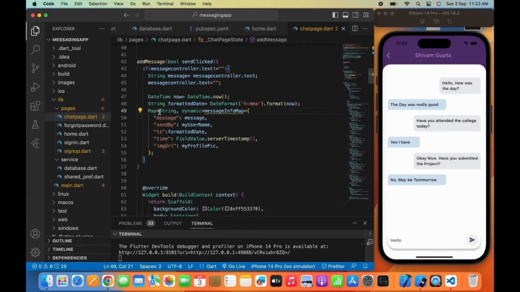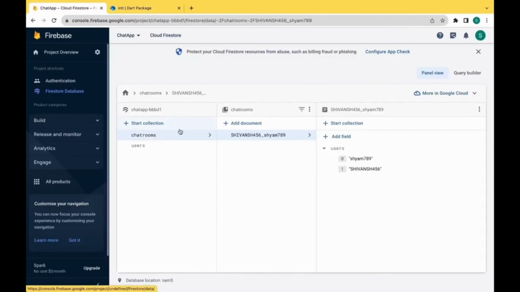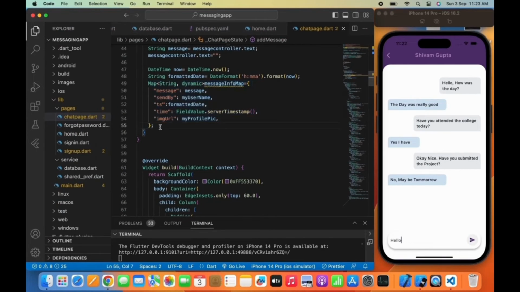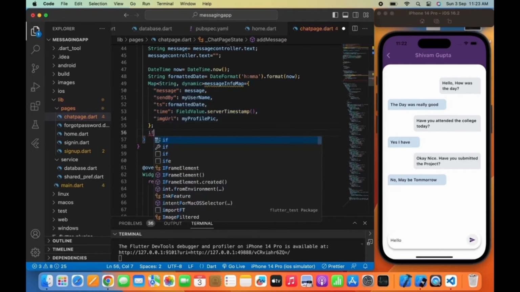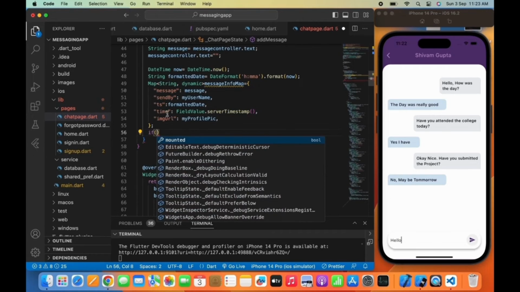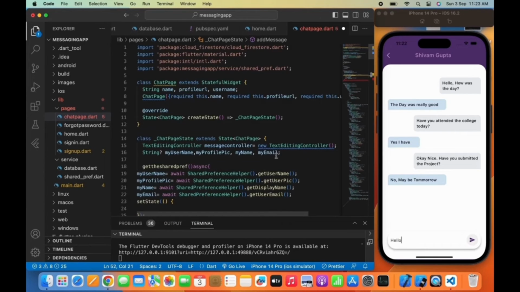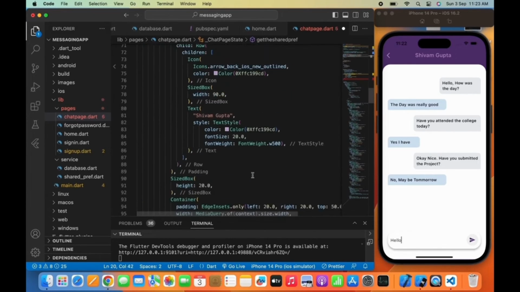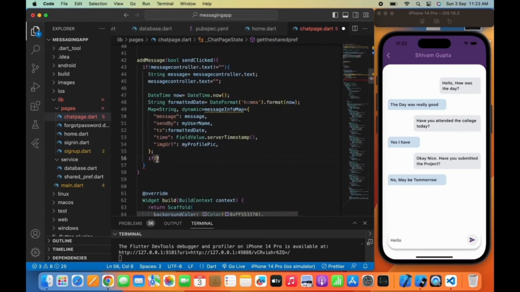So let me explain how this map will work. Basically inside the chat room, as you can see, there is a chat room ID. When we send this map, it will create one collection named chats here, and inside the chats collection all the messages will be stored. So I am writing if here. Now inside the if I need to call a message ID, because I want to provide a specific message ID to each message the user is sending